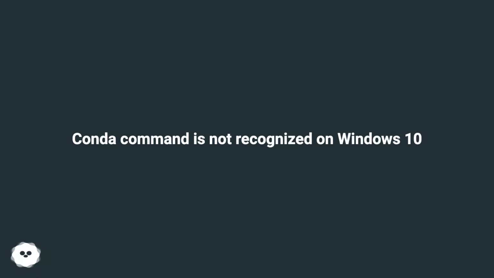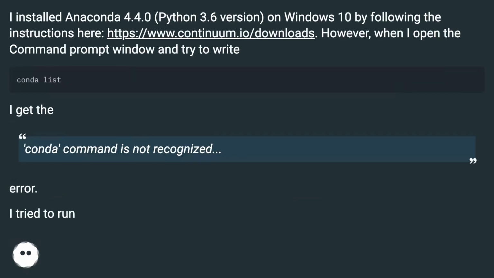Conda command is not recognized on Windows 10. I installed Anaconda 4.4.0, Python 3.6 version, on Windows 10 by following the instructions here, this URL. However, when I open the command prompt window and try to run conda, I get the "conda command is not recognized" error. I tried to run,